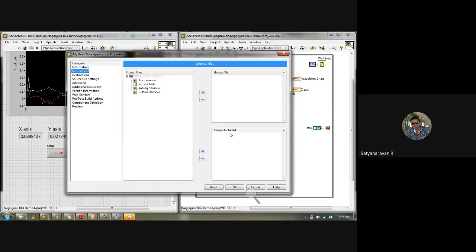In this source file you have some VIs: accelerometer demo, analog demo and button demo. As of now I want the accelerometer demo to be sent to startup. I'll select the accelerometer demo and click on the arrow, so that the accelerometer VI is sent to the startup VIs. Then I'll click on build.